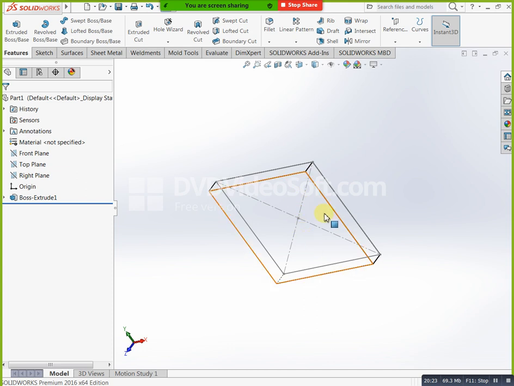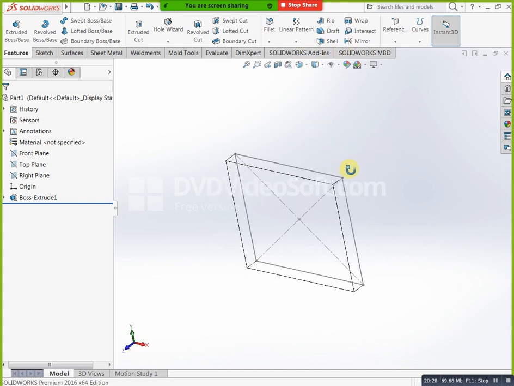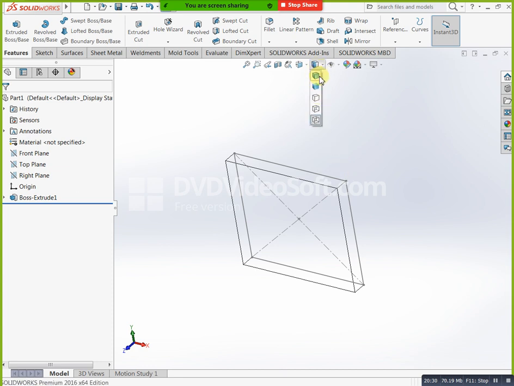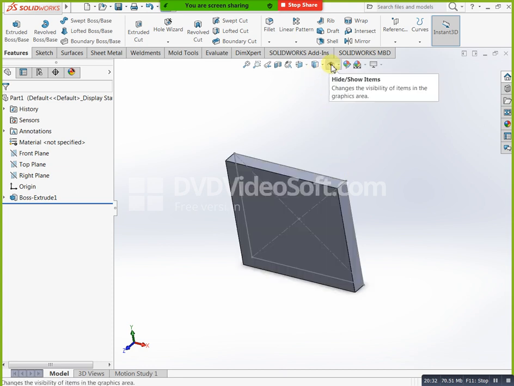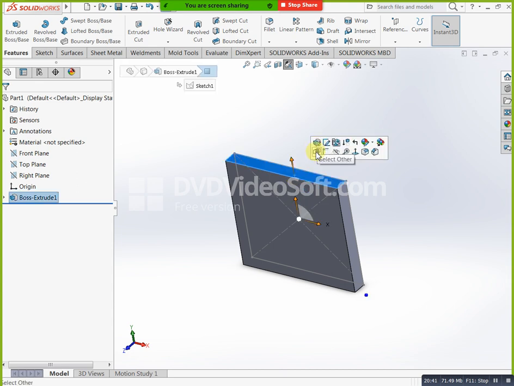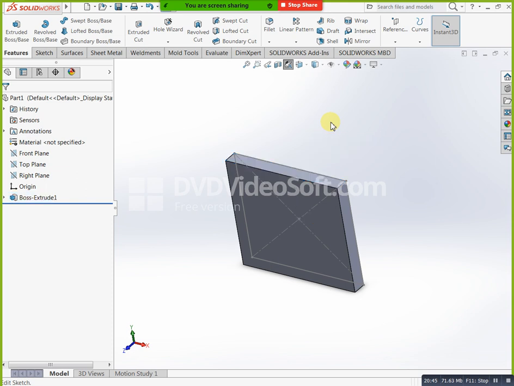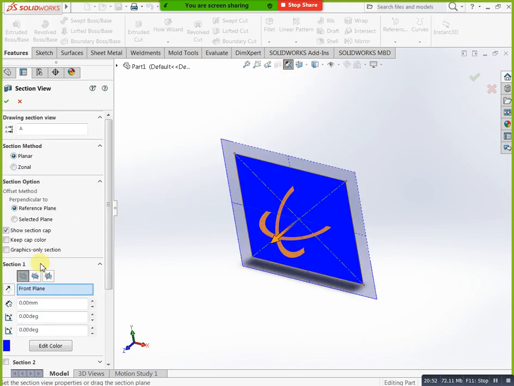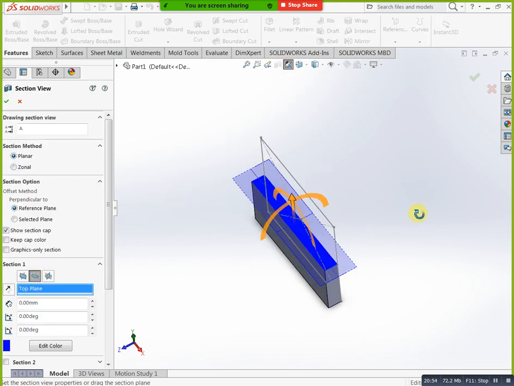Okay, this type of changing purpose you need this one. Already you know this, hide or show items. Okay, display styles. Next, view orientation. Next, this one is dynamic annotations. If you need dynamic annotations, you can mention that. But we no need now, I will explain this later. Next, this is section view. This also we will discuss later, not now. Section views means just you will get our sections like this. If you need to rotate, you can mention like this. This is degrees of freedom based. If you need to increase, you can increase like this.